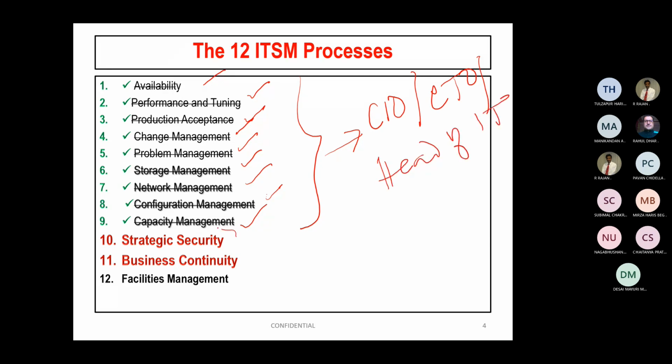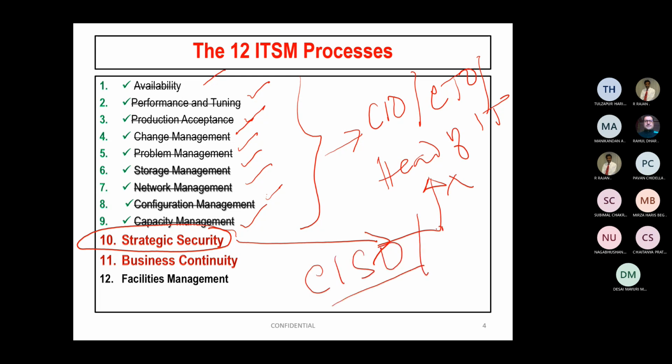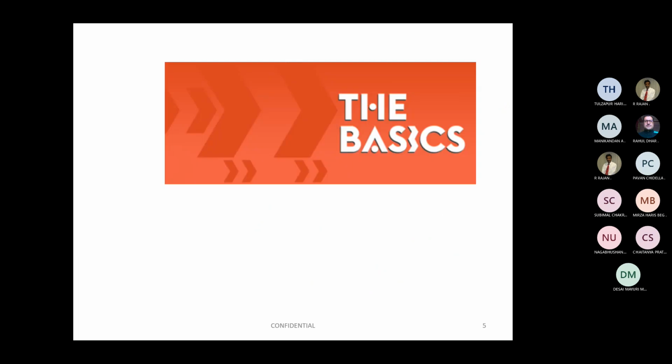On the contrary, the one that we are talking about now, strategic security, can never be a part of your CIO. So this has to be managed by an independent organization. Today, they are being managed at a very, very high level. That designation is called CISO or CPO, Chief Information Security Officer or Chief Data Privacy Officer. I think that's the role that is expected to handle the entire information security portfolio. All right. Now let's understand some of the basics before we start the discussion in detail.